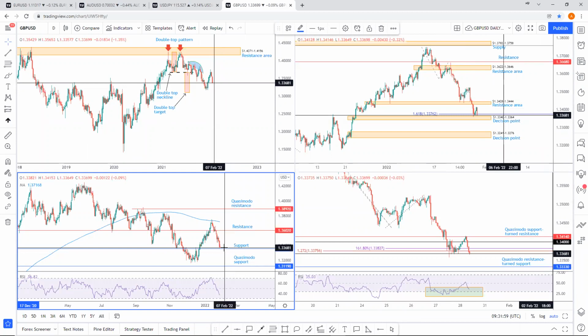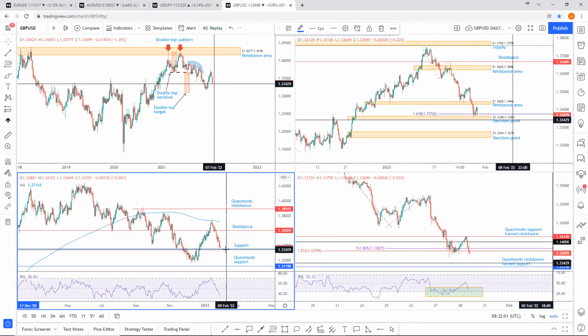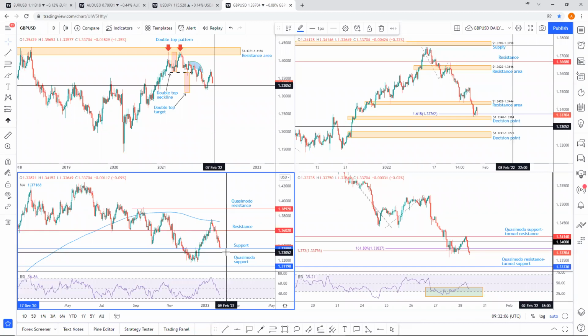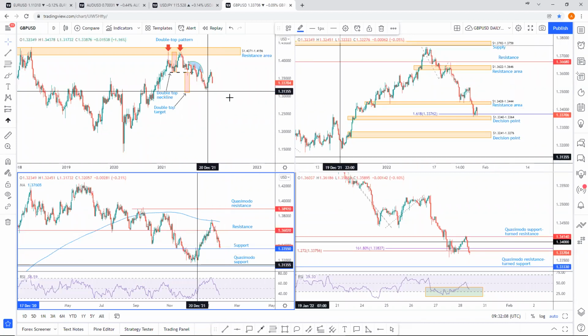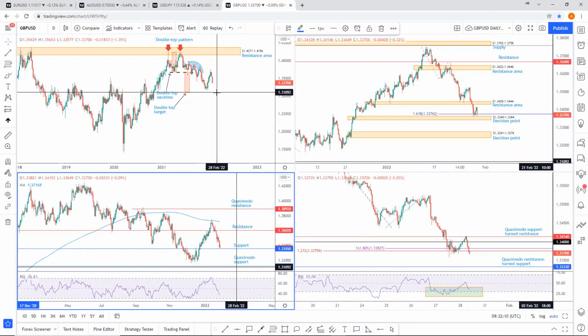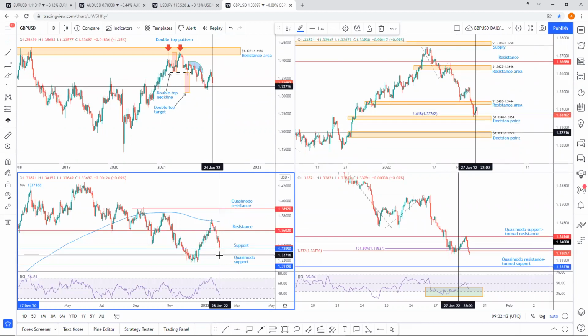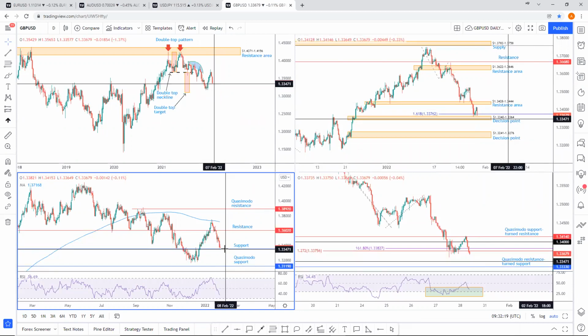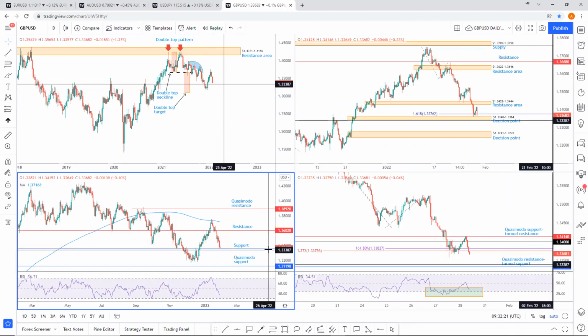Now, should we crack through this support here, this would give me an early indication that further bearish flow is on the cards, and it will be in line with a potential move lower on the weekly time frame. So do keep an eye on the Quasimodo support at 1.3119 on the daily time frame, should we crack below this support at, as I said,